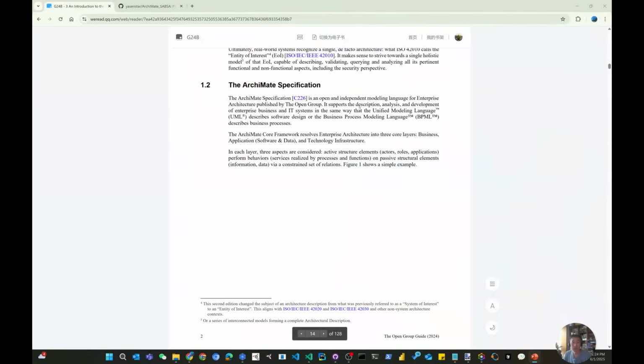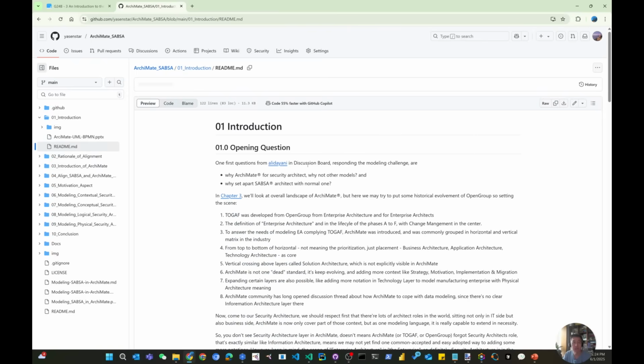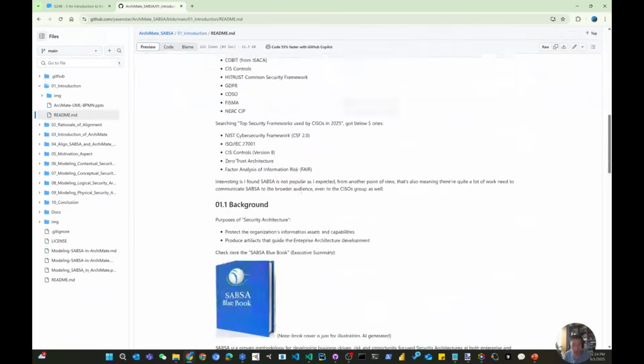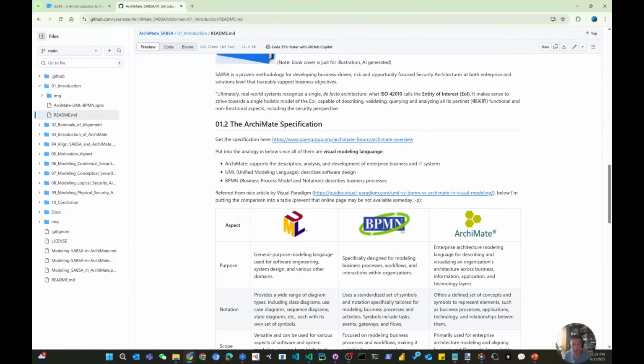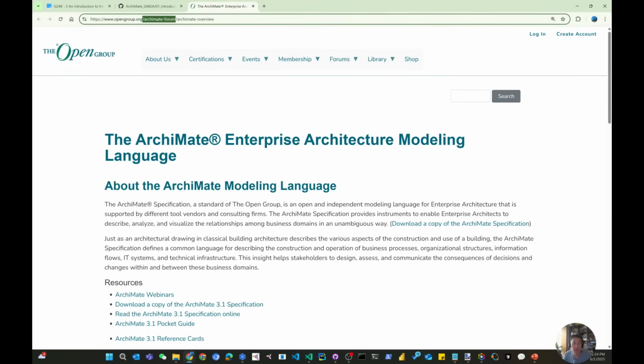But let's first see here from our document, this C226, these specification documents. So you can go to here. Let's come to our 01. I already gave you some links. I think the link is here to get this specification. If I right click this one, you can see it's coming to this ArchiMate forum, then the ArchiMate overview. So this is our